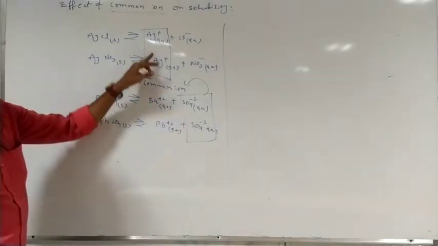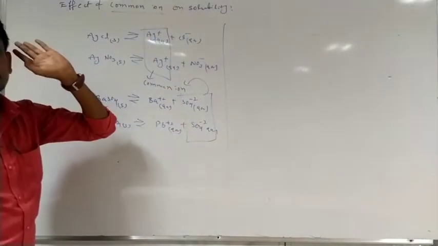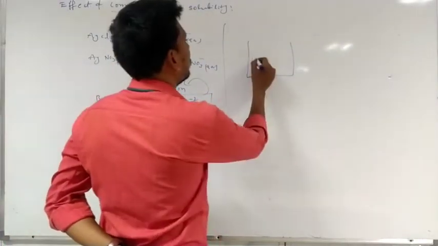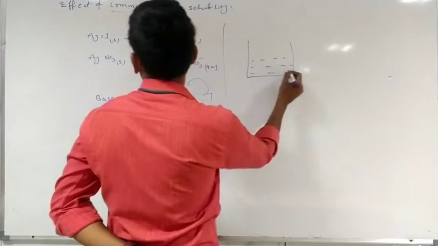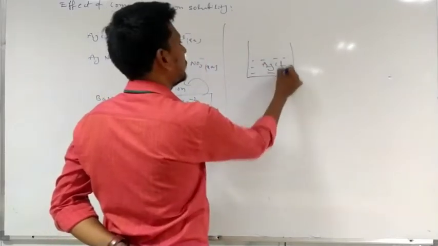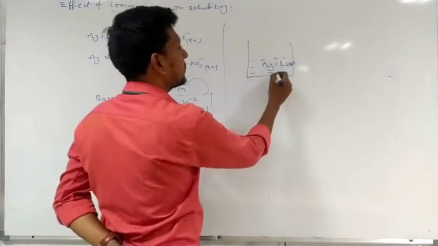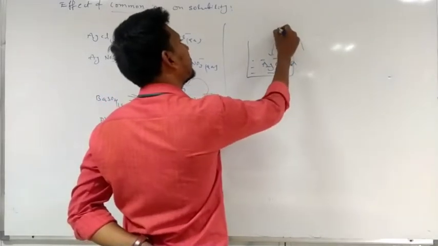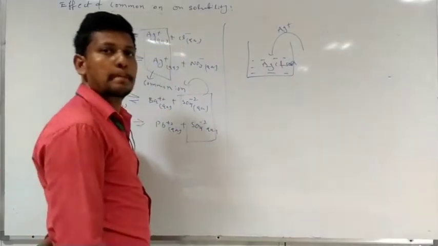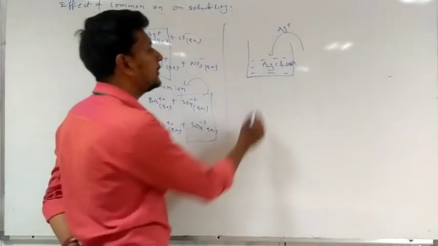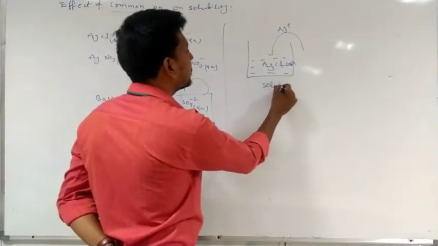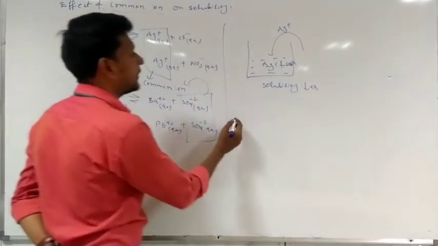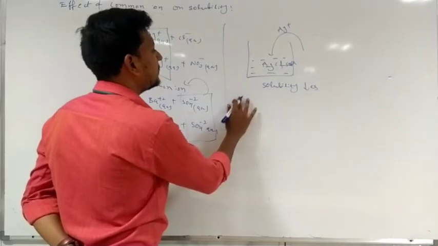What is the effect of this common ion on solubility? I am going to take this solution. For example, this is the AgCl saturated solution. To this AgCl solution, I am adding the common ion. Then solubility decreases. The concept is the concentration of